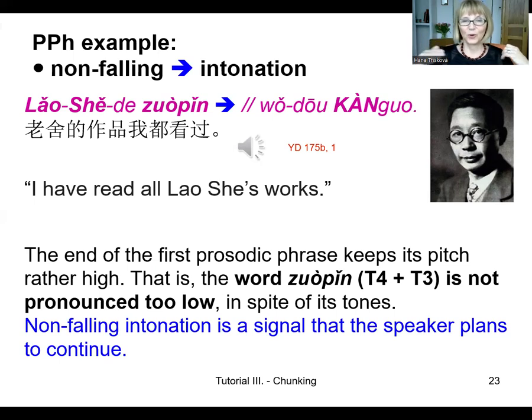We know that the fourth tone ends low and the third tone is low, but none of them is too low because they obey non-falling intonation pattern. And this is a signal, again, that the speaker will still continue. 老舍的作品我都看过。